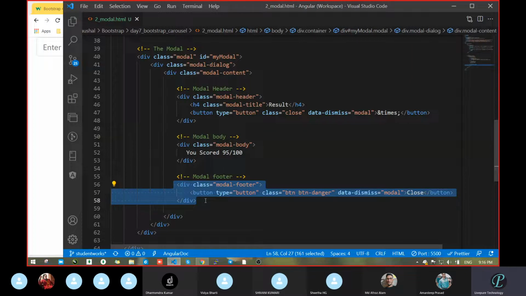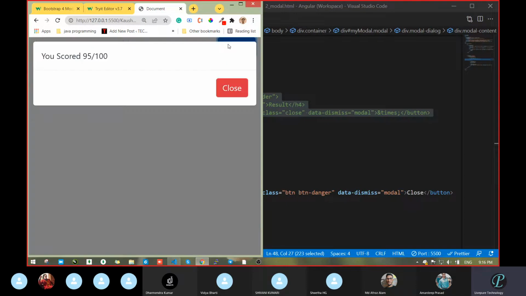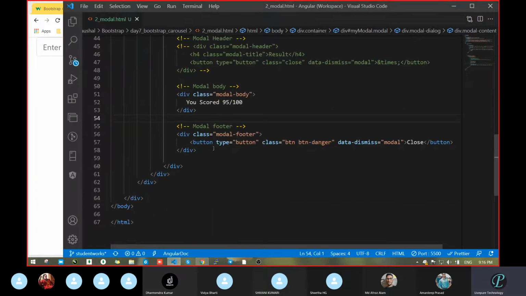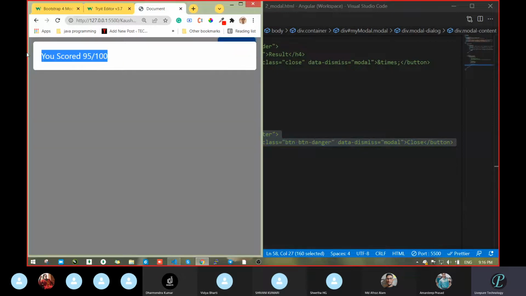In the table case also we had used table, card. Now it is in the modal. So in the modal, what we are doing, we are passing three different sections. Suppose you do not want a header, what will you do? Just comment out this code and save, and let's see what data you are getting. Now the header is not there, only body and footer are there. If you do not want the footer also, remove this section, just comment out and save. And now see, you got this section only.